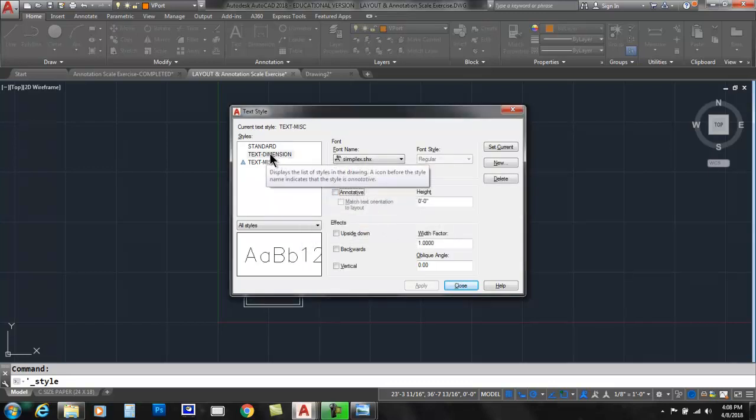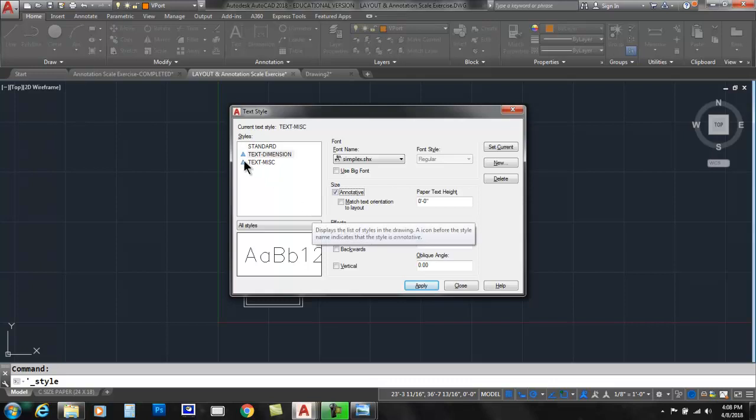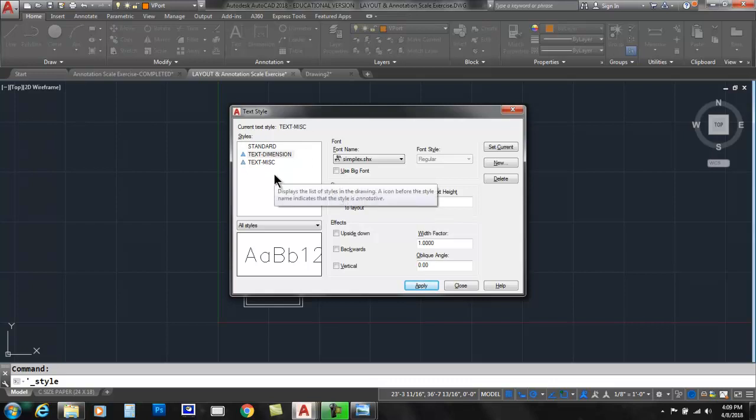And now I click text dimension and I select annotative as well, and it shows that symbol next to it. Okay, so I've just made both my text styles annotative, and I want to remain in text miscellaneous. So I'm going to say apply close,